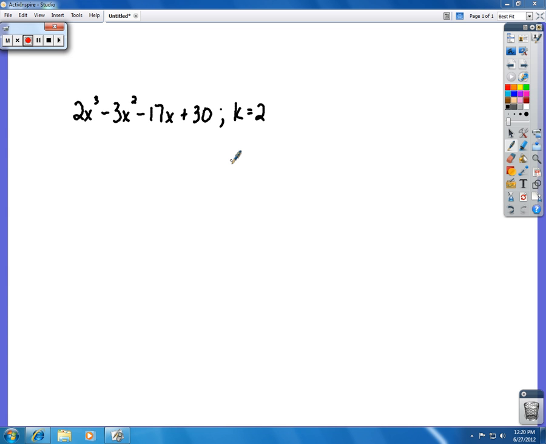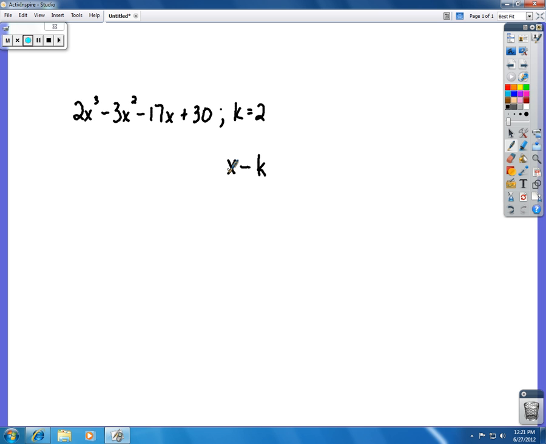Okay, so the other type of problem from this section is if they actually give you k, they want you to find out the other zeros of this polynomial given a specific zero already. So again, this is sort of going back and using the factor theorem, but we're going to work backwards a little bit. So again, as a reminder, if k is a 0, then x minus k is the actual polynomial